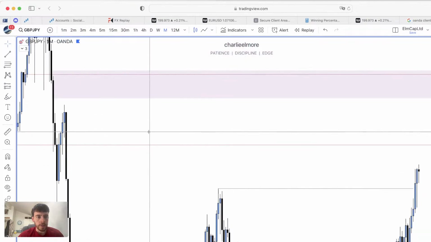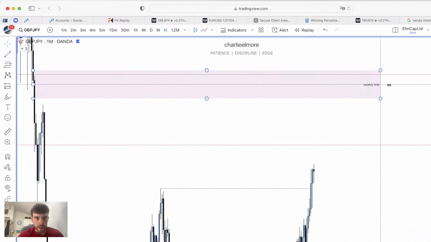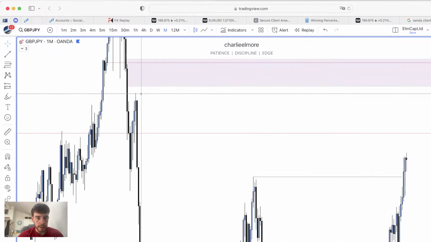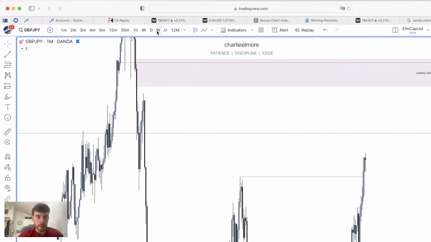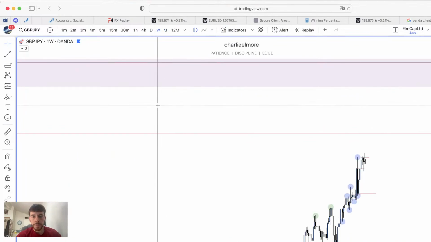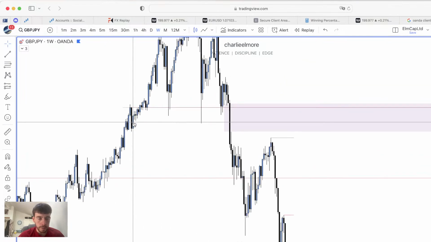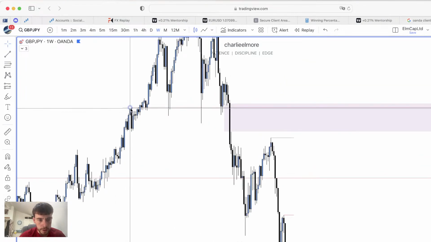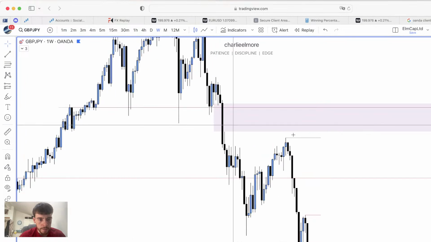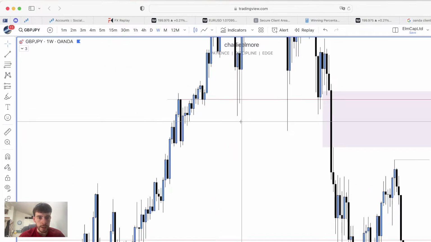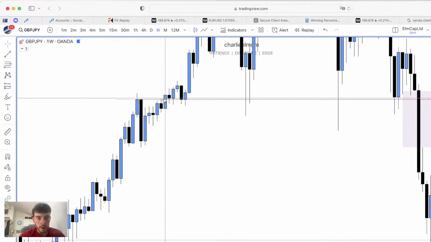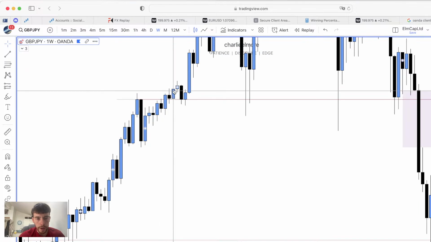And also this is still within the monthly imbalance that's right there as well. So we've got that, and if we do want to come higher, we've got this weekly imbalance as well, which is actually resting above this high. You can see I've got weekly area on there, that red line. So all I've done there is I've gathered that from the weekly time frame. Again, similar thing, similar concept, support and resistance. You've got to tap into it there. Just reading the candles, reading price action. Closure above, wick.